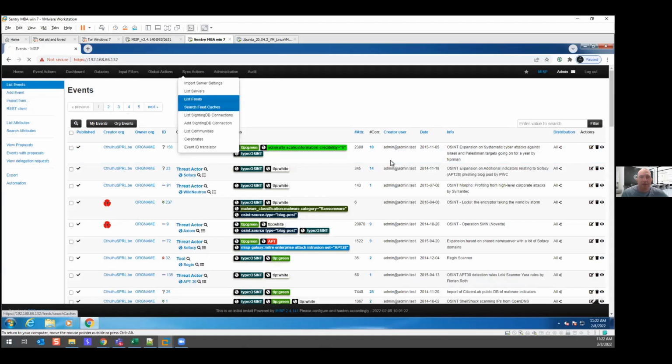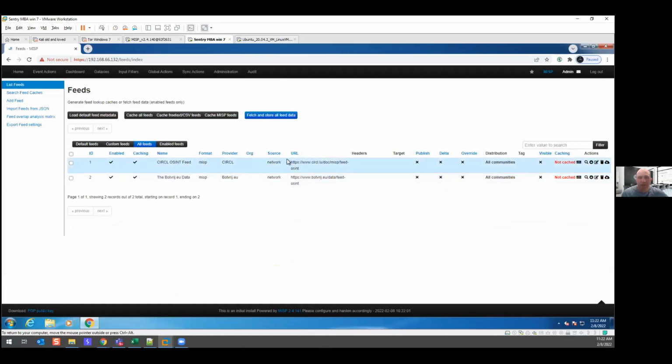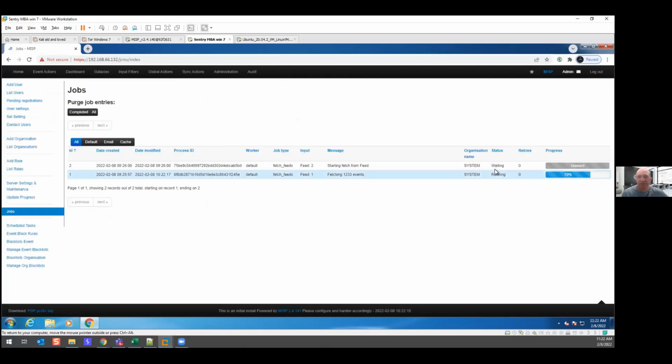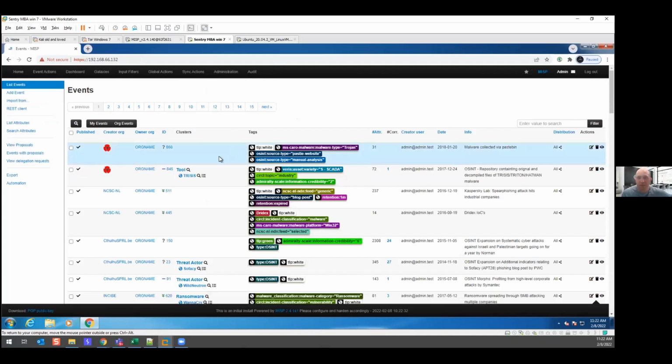So you can see the feeds that you have, and basically you have specific feeds that you can add, multiple feeds. There is a huge feeds list in the repo of MISP. And once you set the feeds, there are jobs of syncing these feeds. So you see that I have a feed that is syncing, it's at 70%. And what does it mean, syncing the feeds? You get the events that are happening to thousands of companies all over the world.